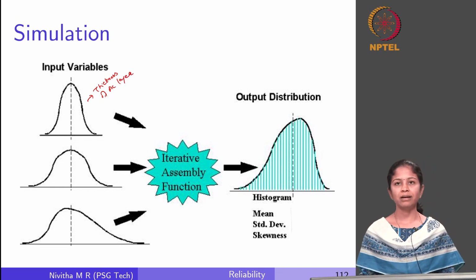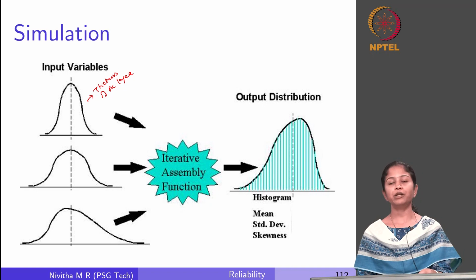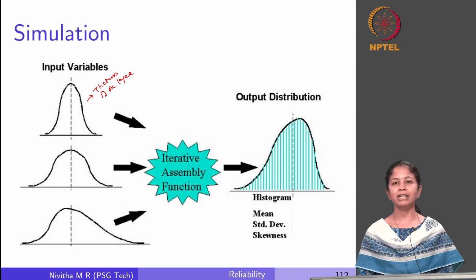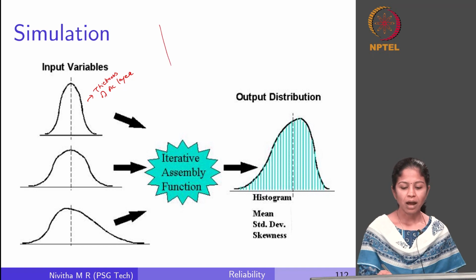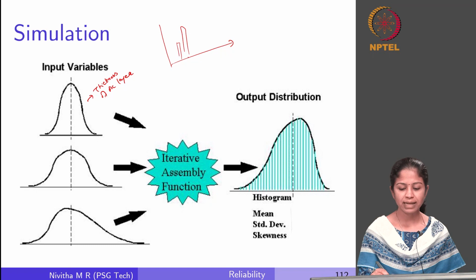asphalt concrete layer. So, how do I say that this is the kind of distribution which represents the variability in thickness of my asphalt concrete layer? I go to the field, I measure the thickness at different points, I collect the data, I plot a frequency distribution of the data. Let us say I am getting something like this. This is a histogram. So, this is frequency and this is